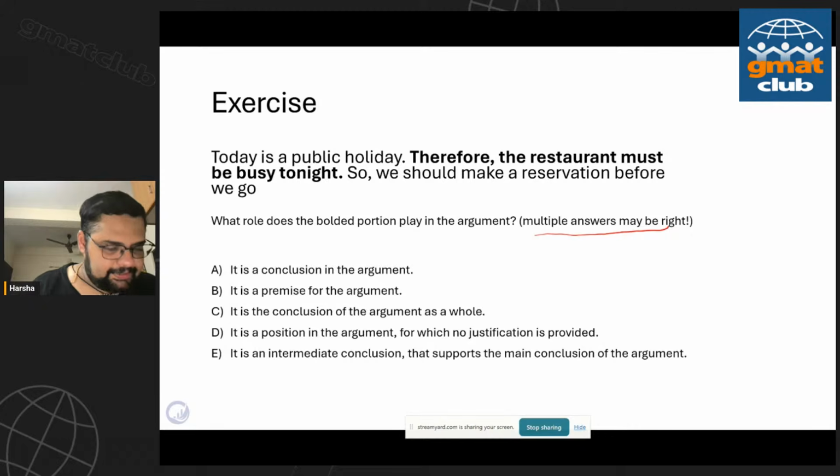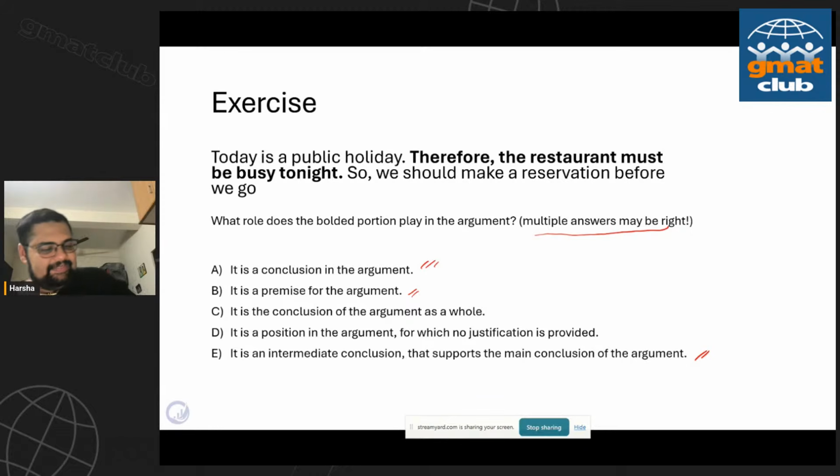All right, happy to see some answers come in. B and E has been chosen. A, B, and E has also been chosen. A and E has also been chosen. So I think a lot of us are clear about E being okay. A and B, there seems to be a bit of something going on there. A and E, all right.